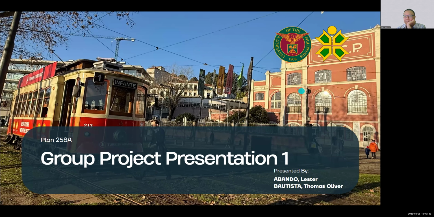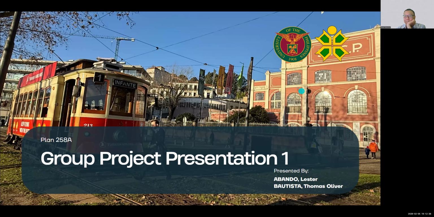Our first topic would be about the transportation network impacts of TOD, or transit-oriented development, in Philippine urban corridor. To be specific, we chose the site in Vertis North, Quezon City. So what is TOD?